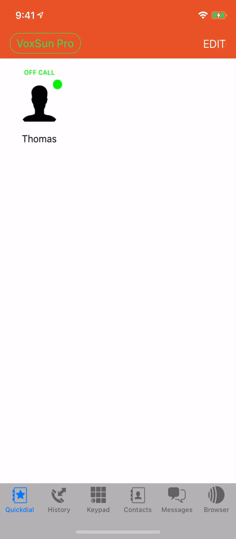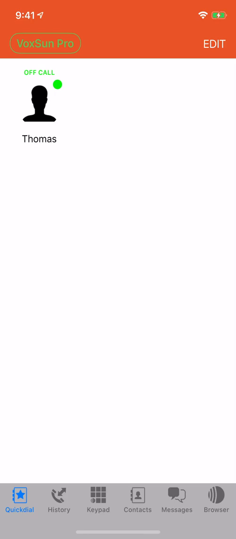We see that this phone is currently not online, but now if I pick up the phone, which is at 1002, and I simulate a phone call, you'll notice that now it's red because the person is online. And then when we hang up, well, it goes green again. So that's an easy way of keeping in touch of your team or your other colleagues to know whether they're